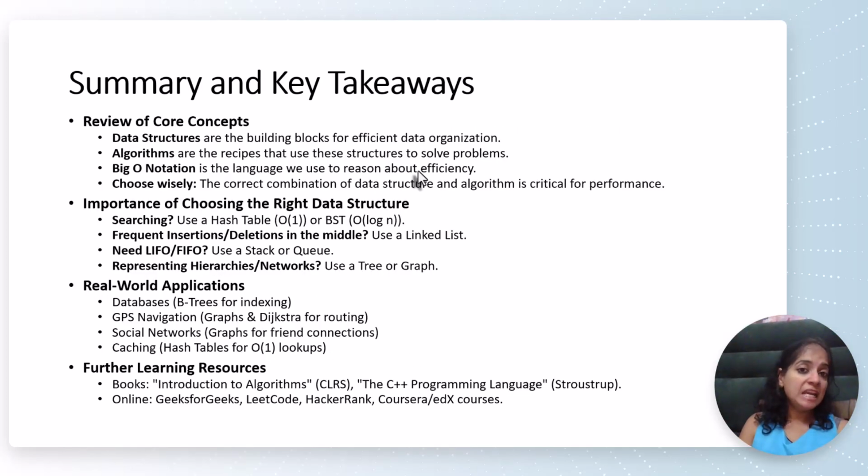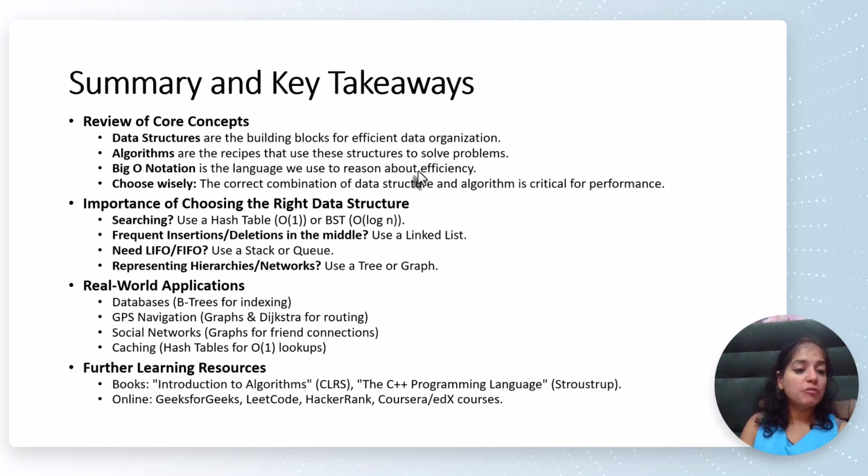So, the summary of key takeaways. We discussed what data structures are, the basic building blocks of efficient data organization; what algorithms are, step-by-step instructions, in the English language, for how we can solve a problem; and big O notation, through which you calculate the efficiency of an algorithm; and which algorithm should be chosen when. Because if you choose the correct algorithm and data structure, your searching, insertion and deletions,